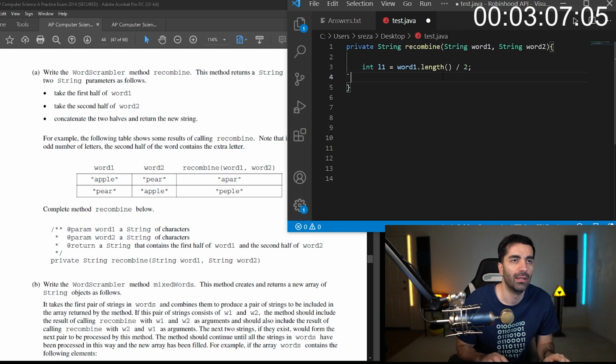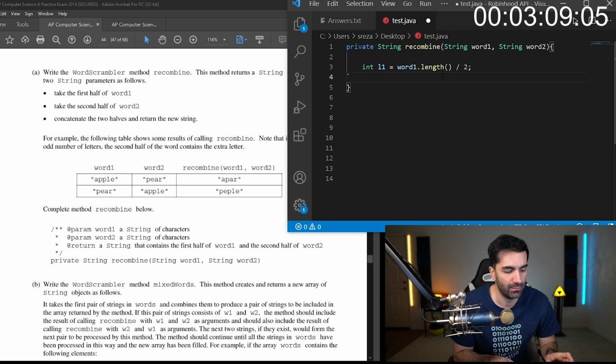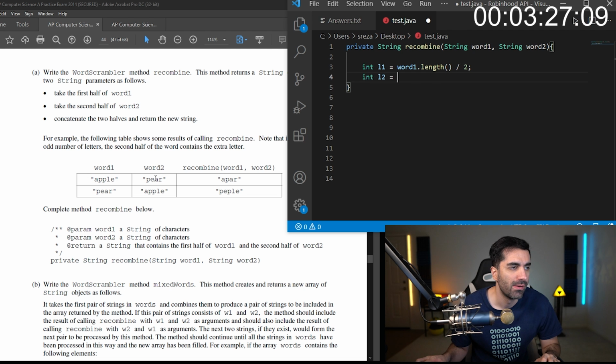And then for L2, it's going to be word2, so we want to get the start. For pear, we want to get a 3.